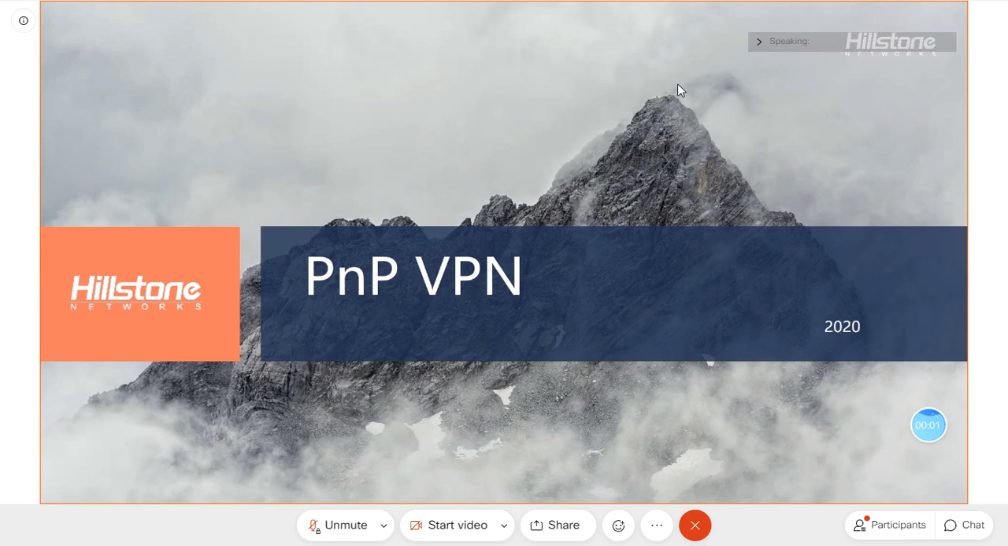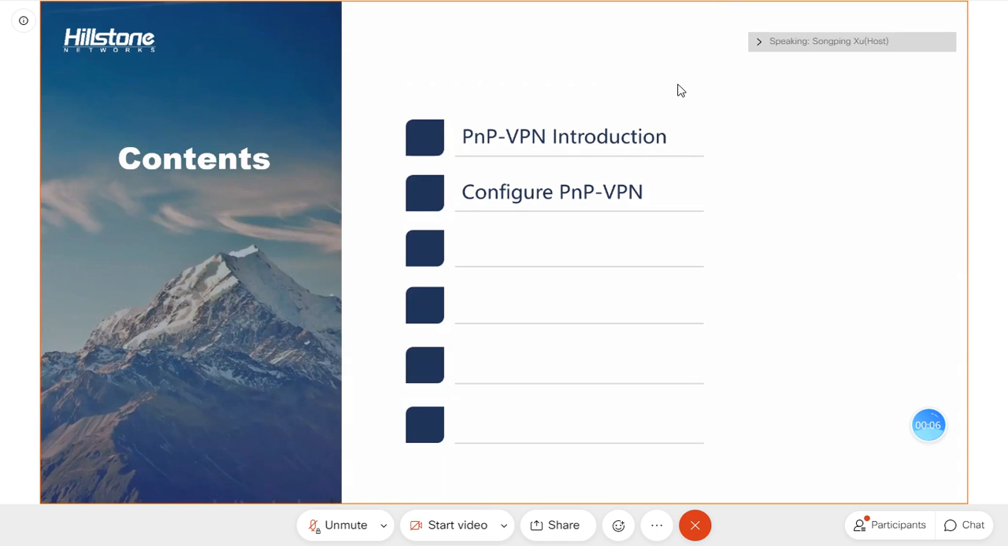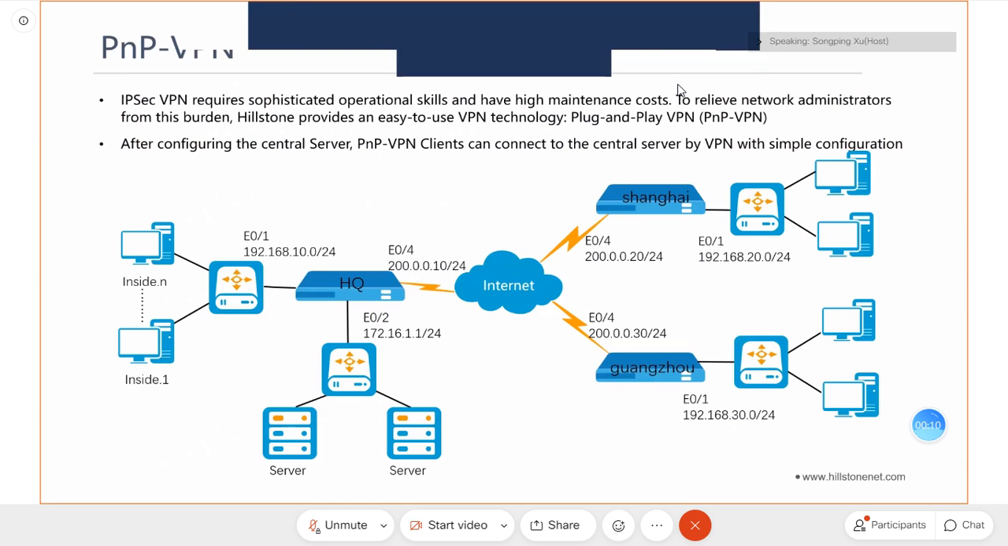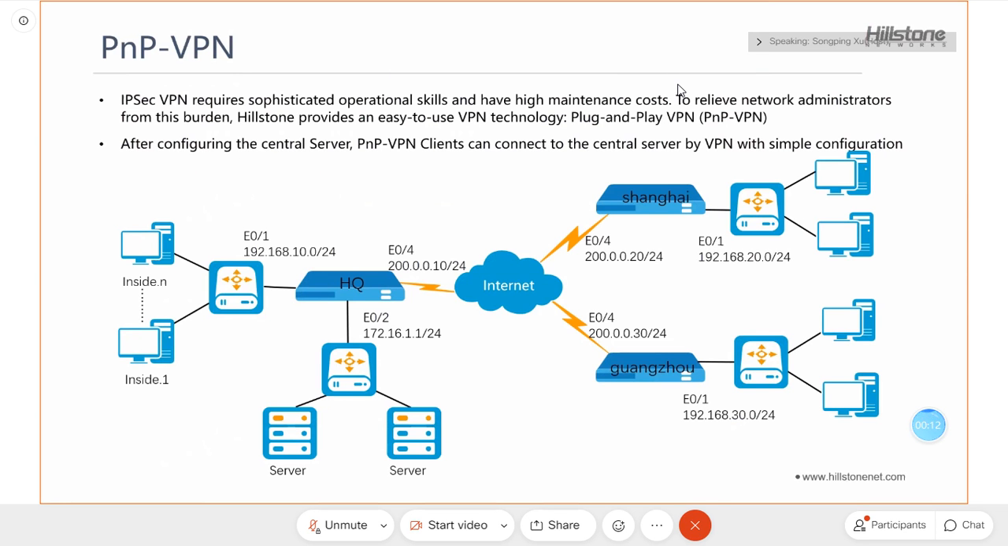Now let's have a look at the plug and play VPN that we developed in our Houston NG firewall. So PnP VPN is also a patent feature from Houston. So basically, the IPsec VPN